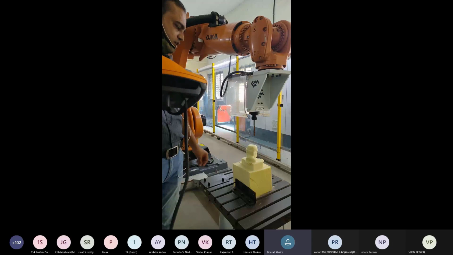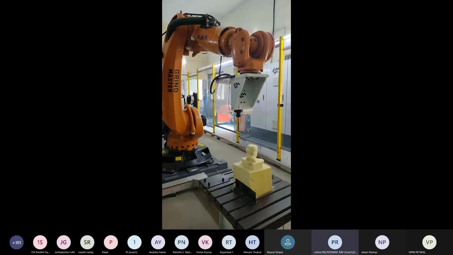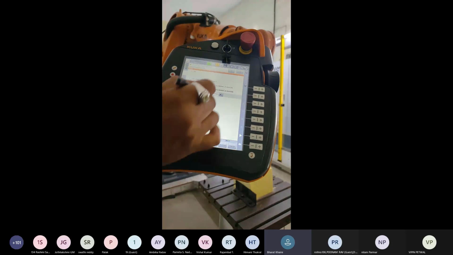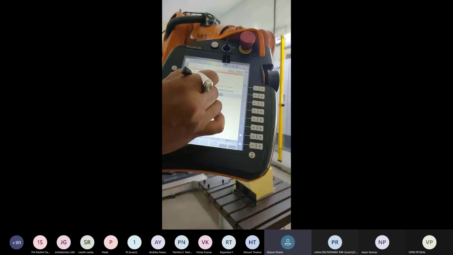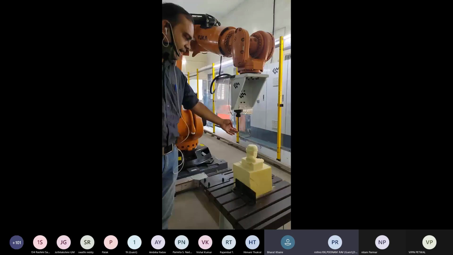If the center point is here and the circle diameter is 400, we move 200 mm as the radius. On the x minus side, I am moving the robot 200 mm: x minus 100 mm plus 100 mm. Now it is a 200 mm movement. This point will also be a line command. We change the velocity to 0.5 and command OK. Now this is the start point of the circle, and we are making a 400 mm diameter circle.